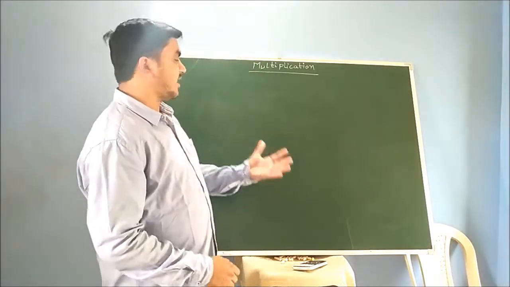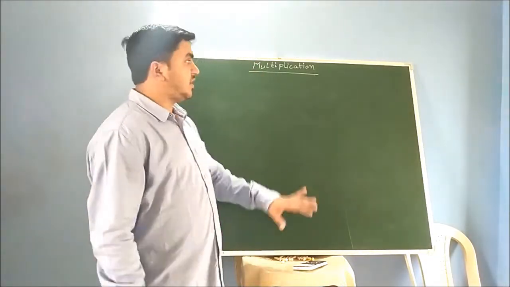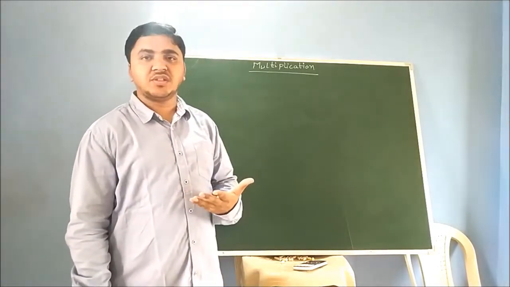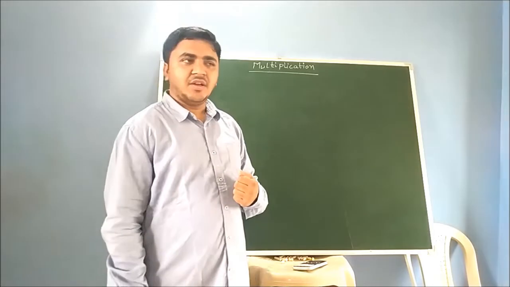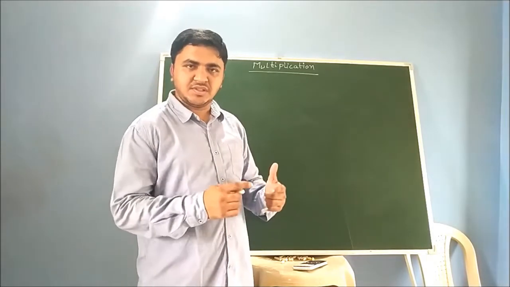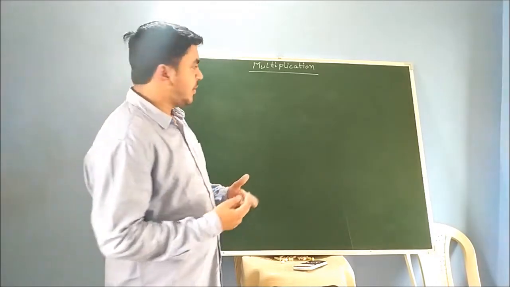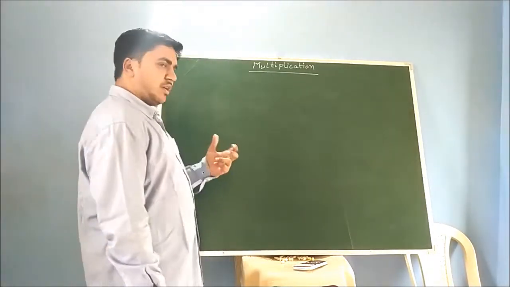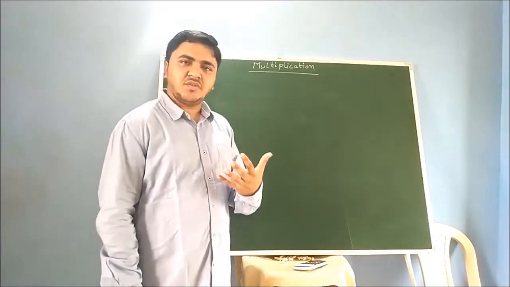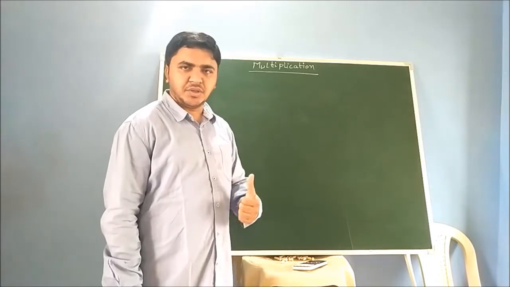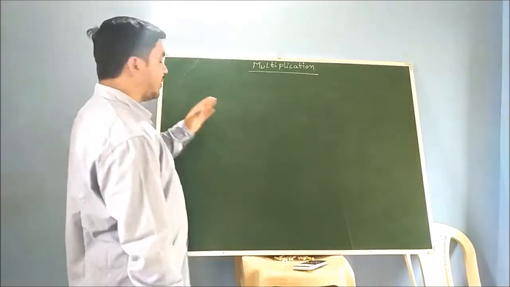In the first video, we saw multiplication and how to reduce the time it takes. Now, in the same multiplication topic, we'll see one more type. In the last lecture we saw the multiplication of 3 digits by 3 digits, 4 digits by 4 digits, and 2 digits by 2 digits. Now we'll see some more multiplications.